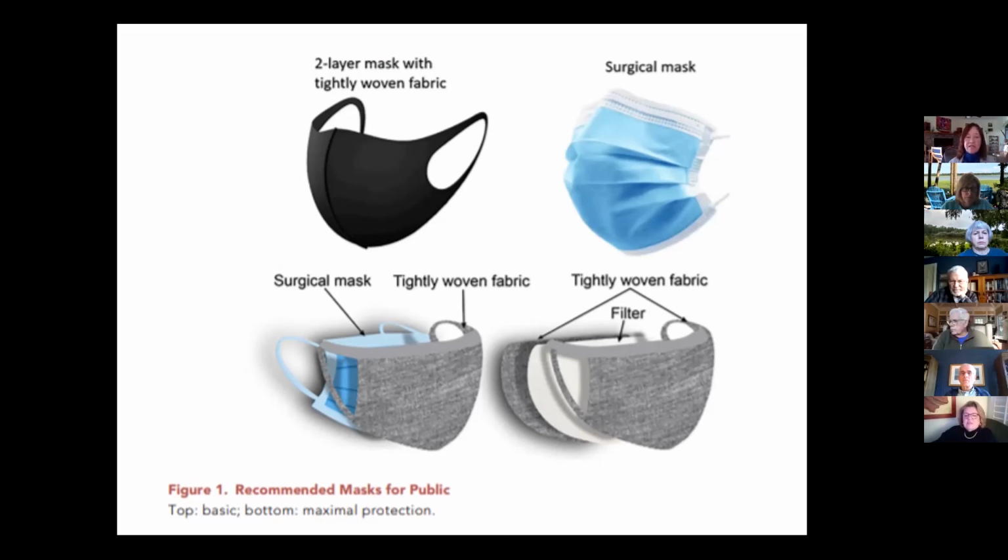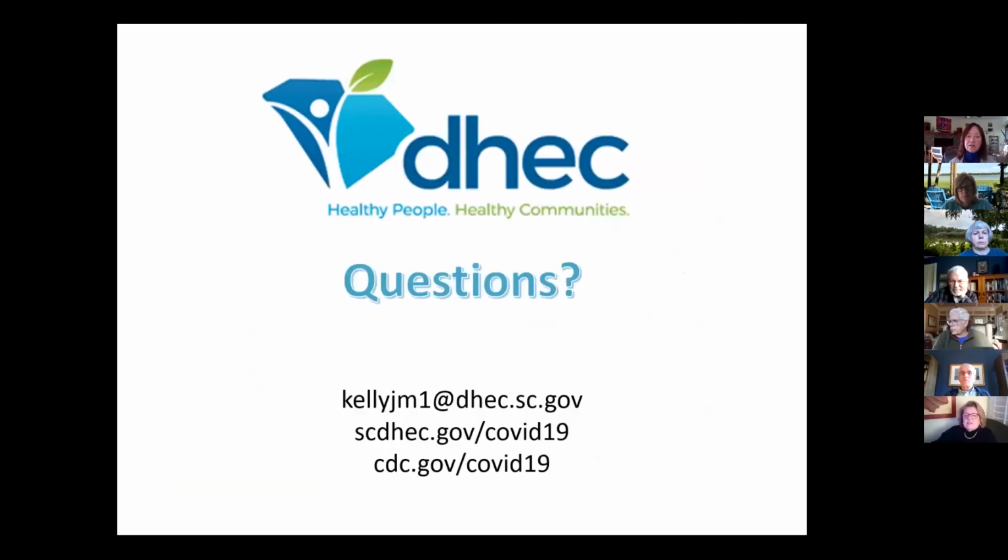So the idea here is, if you want to double mask, that you wear a tight-fitting surgical mask as your bottom layer, and then you have a cloth mask on top of that. It doesn't have to be as loose. It is acting more as that mechanical filter. I'm going to stop there so that we have enough time for questions.